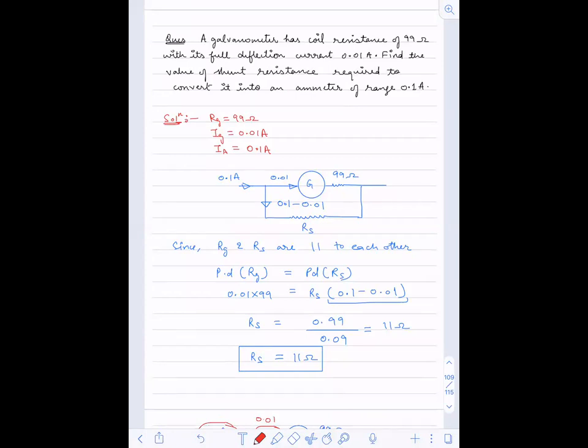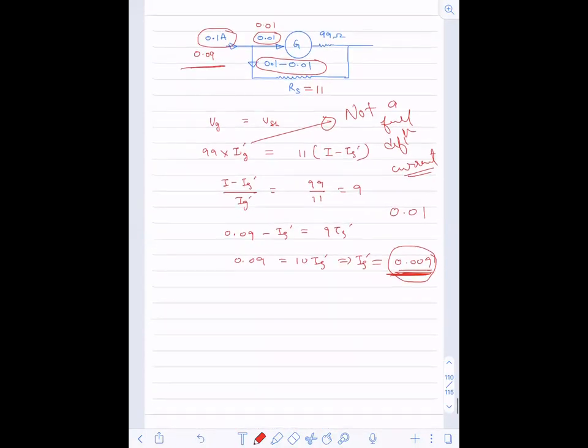After this, you just analyze this also, if you can understand this one. Here I'm changing the maximum current. Initially the maximum current was 0.1, now I have made it 0.09. Because you have reduced it to 0.09, you will not have a full deflection in the galvanometer. The current passing through it is 0.009, so it will never show you the full deflection. So you just analyze both the numericals, it will be clear to you.